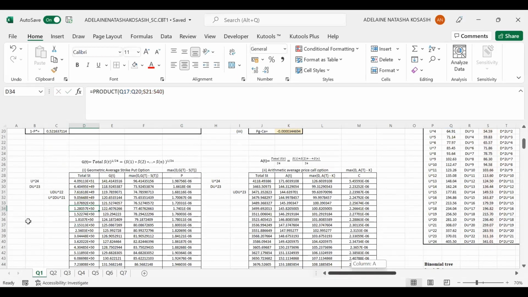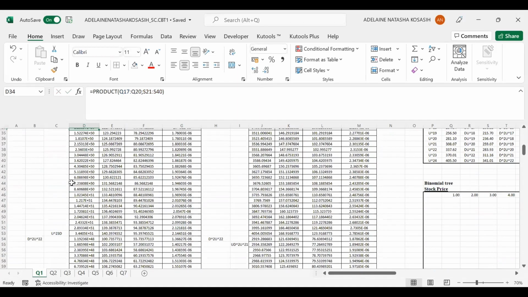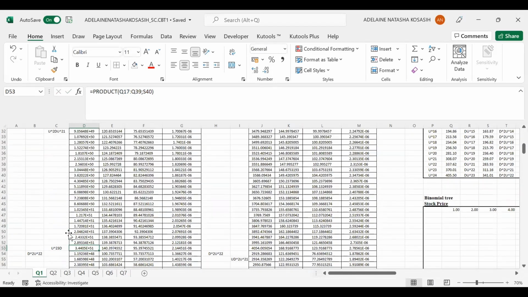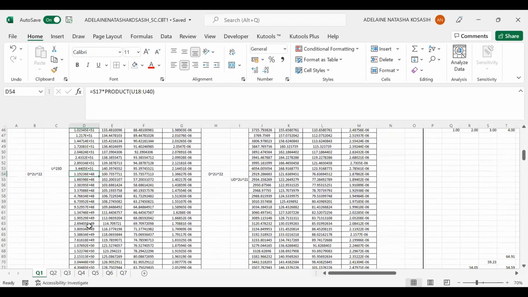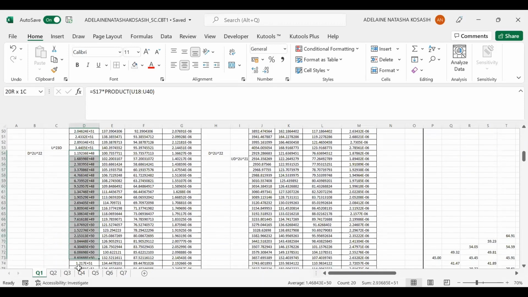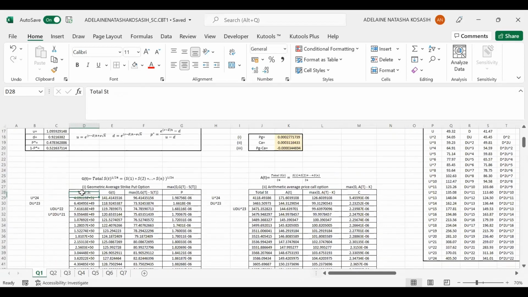So you have to calculate all the possible paths here until u with power of 23 times d, and then you can go to the next one, which is d u with power of 22. Then go to the possible path from there. This is for the total ST for geometric. And then for the GT, we need to power the total ST with 1/24, something like this. You can just drag all the way